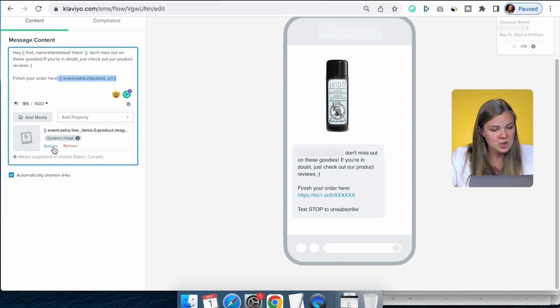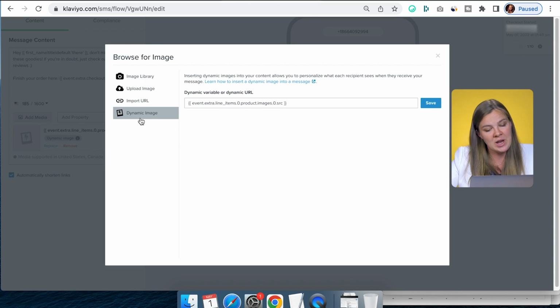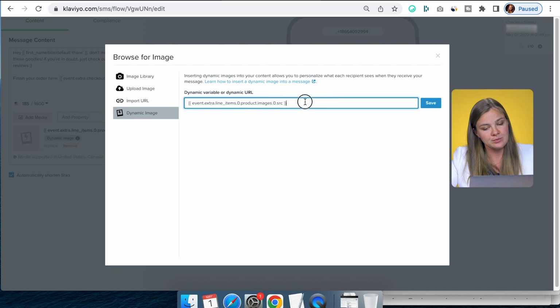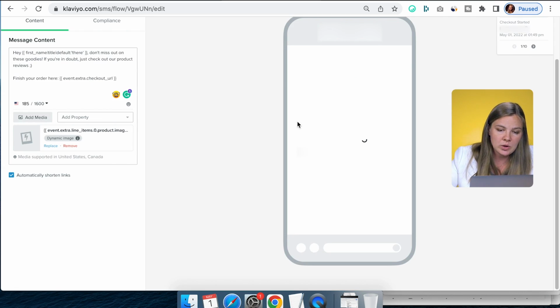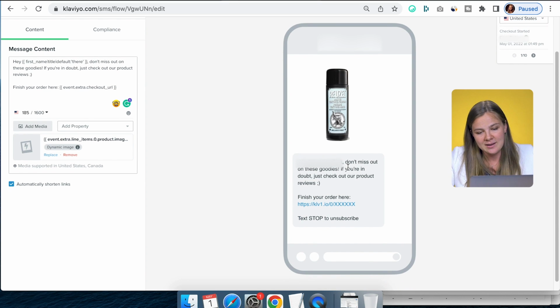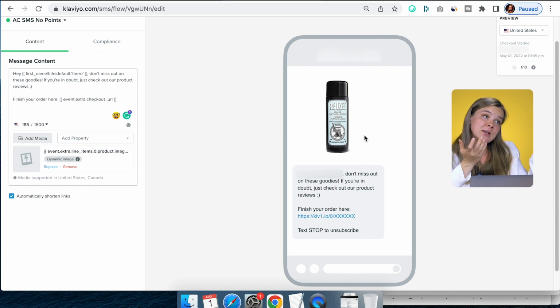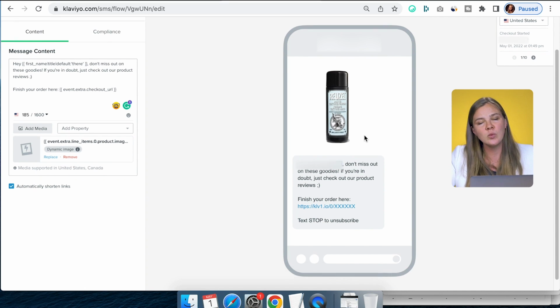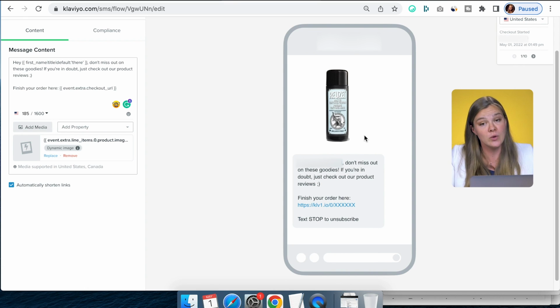And then for image, you want to click on the image and then use dynamic image. And then again, just copy that code that you have in your emails for the image preview and input it right here. And so when you do, you'll be able to preview this message in the exact same way that you want your subscribers to see it. So in this case, Rick, he abandoned this particular product. So he receives the message with that product right there,